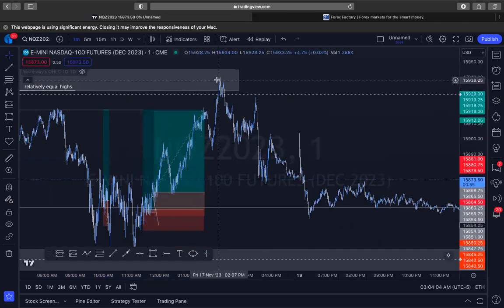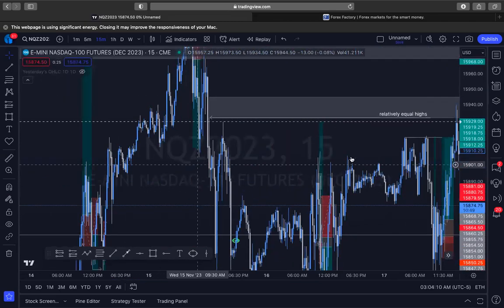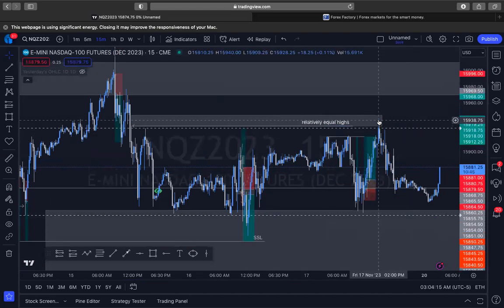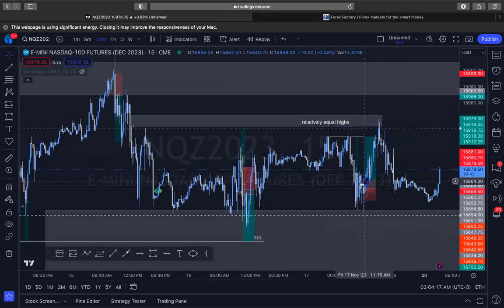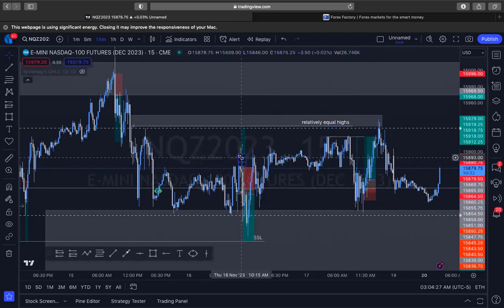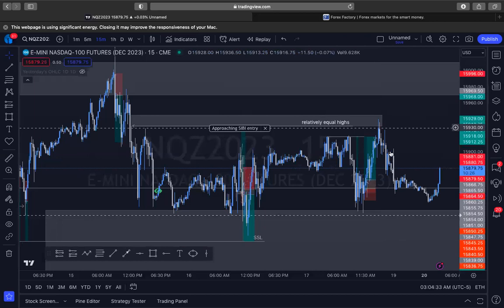Even though we weren't aiming for those highs, I was aiming for these highs. But if we look at that 15-minute time frame that we were looking at from those previous days, look what it did. It went right into that. Maybe I wasn't right just yet. This day, I was waiting for it. But you know what? That trade actually played out. If I would have waited, I wouldn't have taken that loss and been too impulsive with my entries. If you look here, that gap, those highs, it in fact stabbed in, closed right underneath, and then dropped lower.